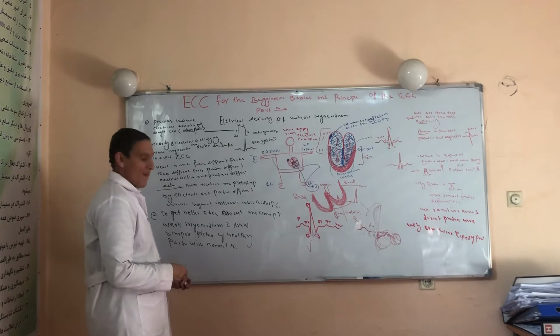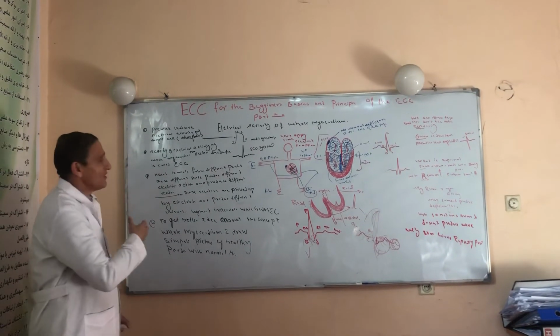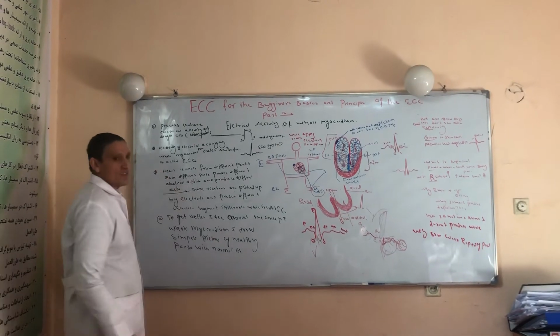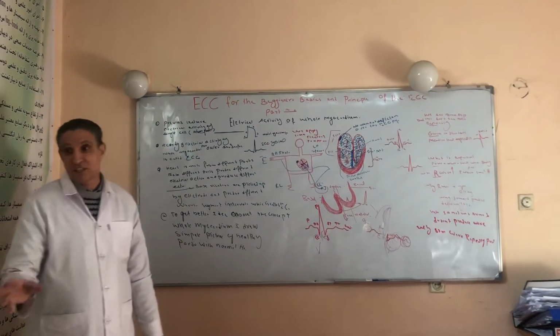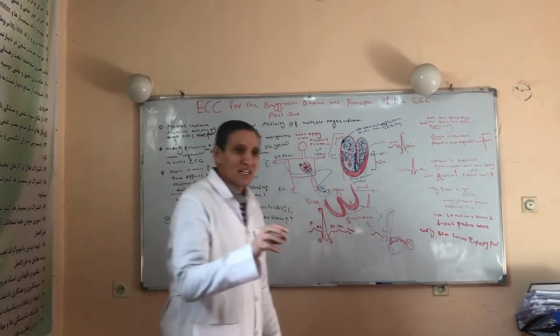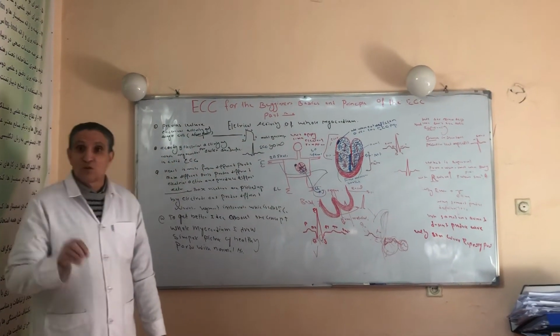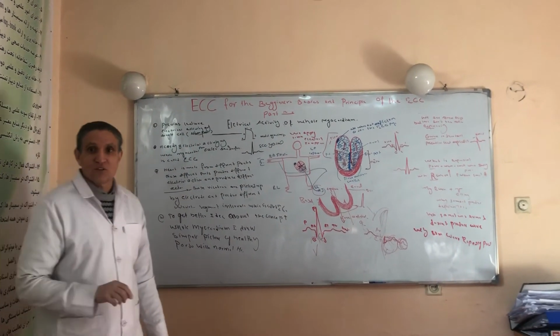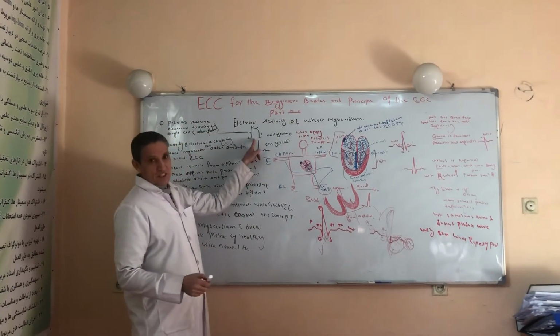Again, I recap the electrical activity of the whole myocardium. In the previous lecture, we discussed the electrical activity of a single cell, the action potential. When we record the electrical activity of a single cell from inside the cell through a small micro electrode, it is called the action potential. This is the model of the action potential.